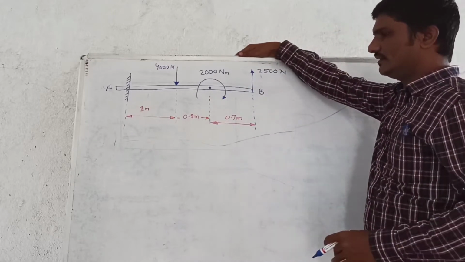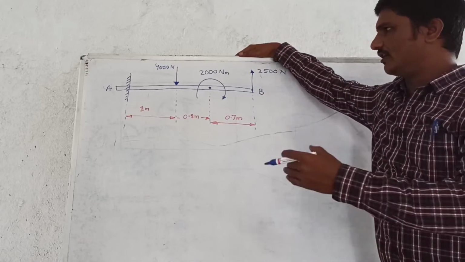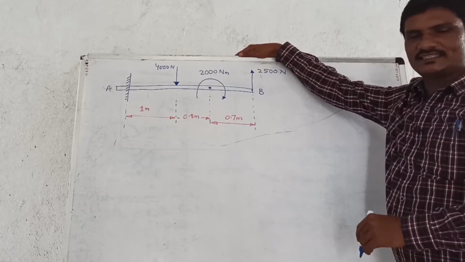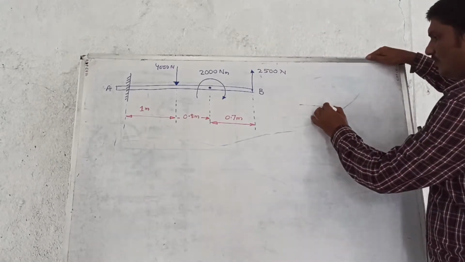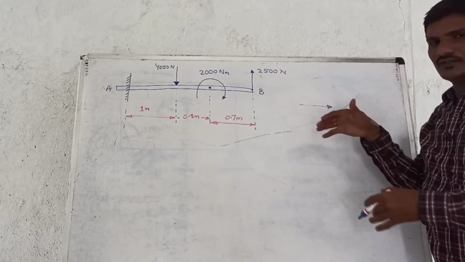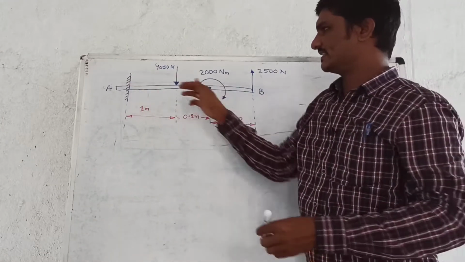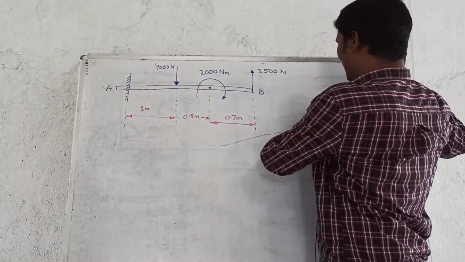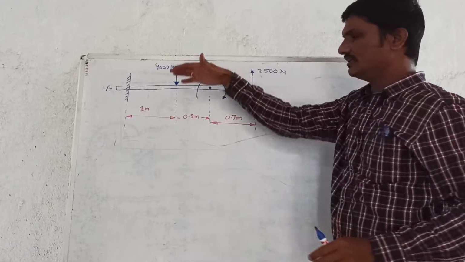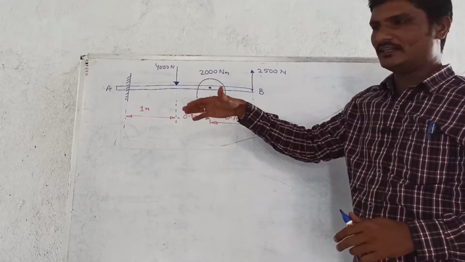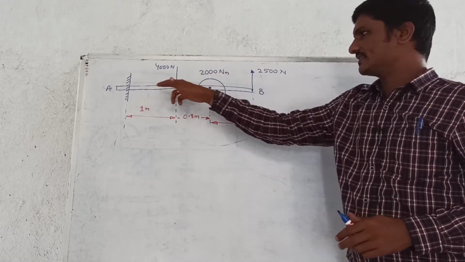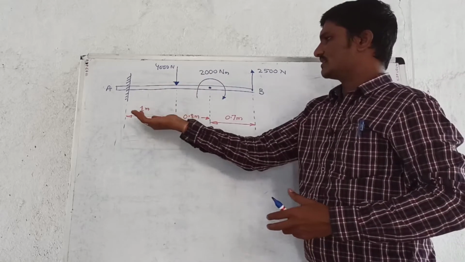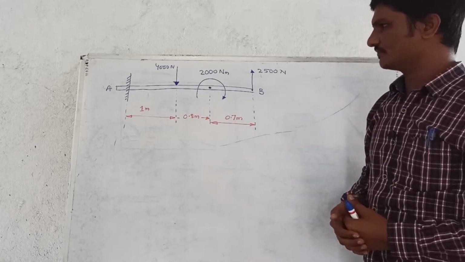Okay, so here on a beam, the forces are applied along the vertical axis. There are no horizontal forces. All the forces are perpendicular to the axis of the beam. So this is a beam, A to B, and one end is fixed and all the forces are applied perpendicular to the axis of the beam. Okay, and all the forces are acting at different distances.